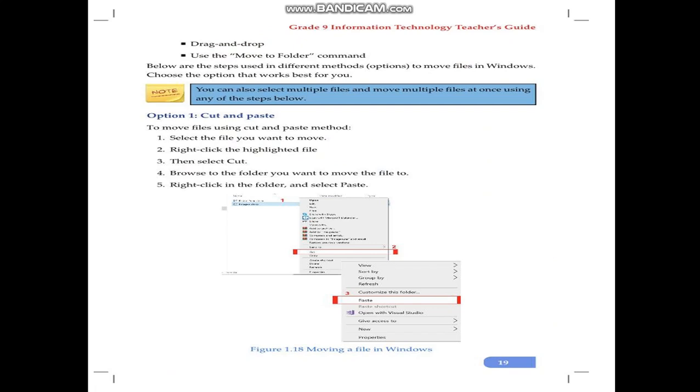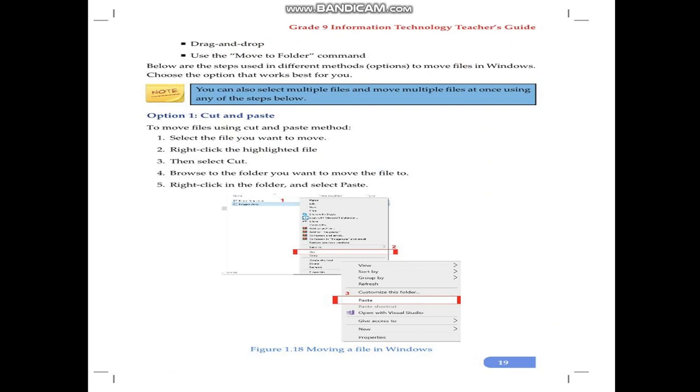If you want to select continuous files, for instance from 1 to 6, select the first file, then holding down Shift key, click on the last item. It helps you to select continuous files. If you want to select all files, for instance under a specific flash disk, you have to use Control plus A. It helps you to select all. Then you can perform the operation cut paste or you can drag and drop.